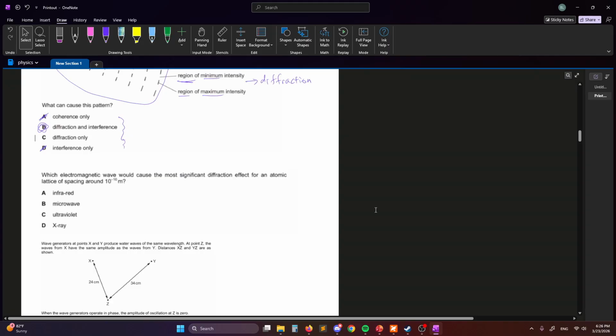Which electromagnetic wave would cause the most significant diffraction effects for an atomic lattice spacing around 10 to the negative 10 millimeters? Yeah, meters, sorry. Okay, so I think that we have to find a wave that is smaller or much smaller than this, right? So the way I try to remember this,